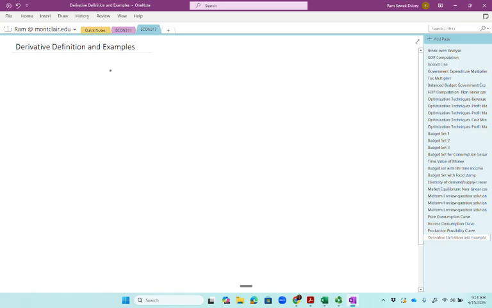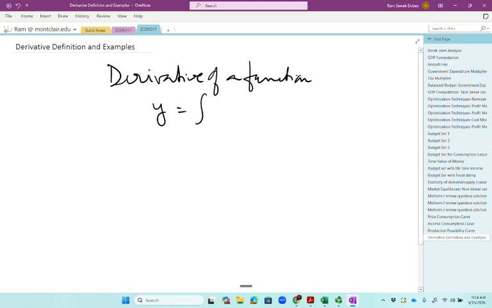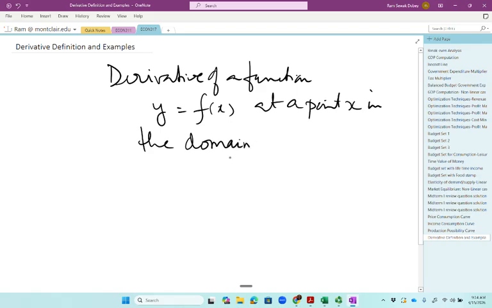So we want to define the derivative of a function y equal to f of x at a point x in the domain. The function y is a function of a real variable, and so we will write down first the formal definition